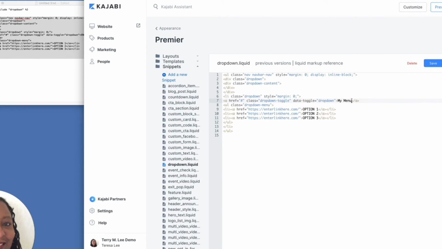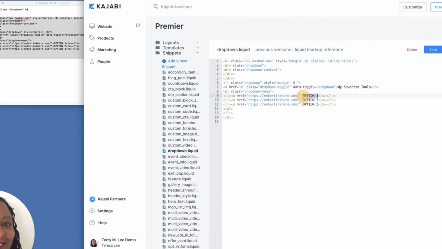So let's say I want to say my favorite tools. And so let's say I said Active Campaign. Let's say I call this one Thrivecart, and the last one was Loom. And for grins and giggles, I'm going to add in a 4th one. So I'm just going to copy this last line, and I'm going to paste it, and I'm going to say Book Like a Boss. Now, what I need to do is update my links in here to when they click on it.